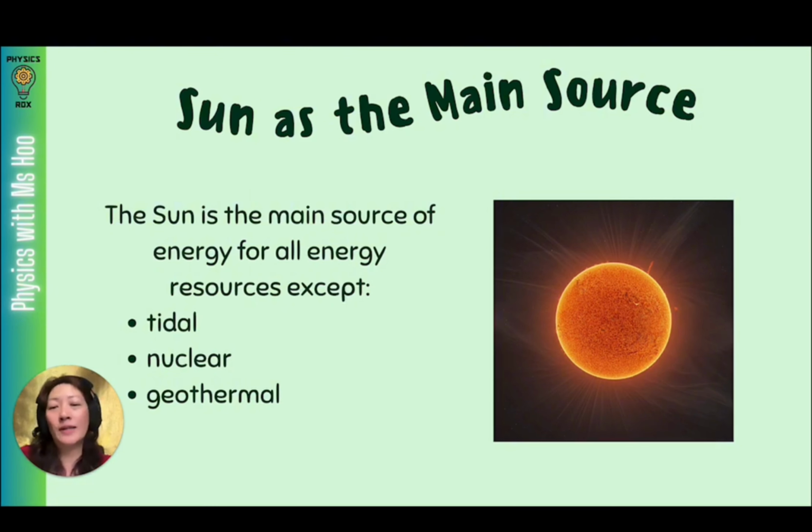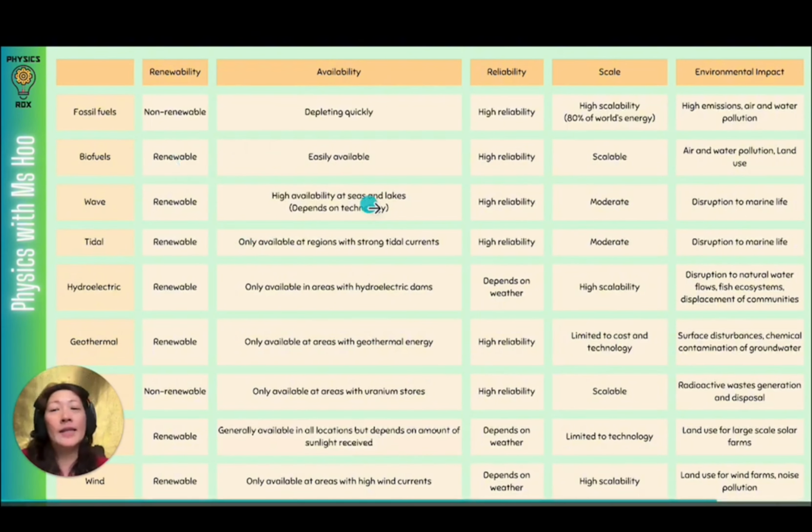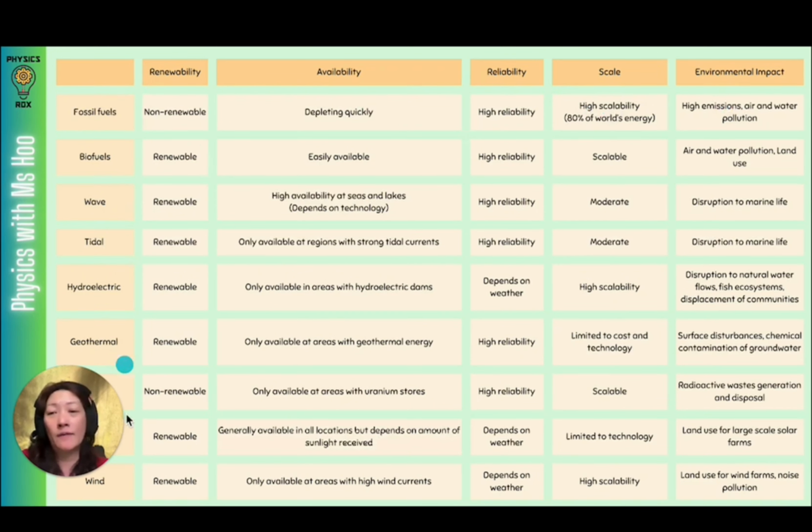So that's why we consider the sun to be the main source of energy for all the energy resources except these three. Now let's just have a quick overview about all these different energy sources. So this is a table that compares the renewability, availability, reliability, scale, and environmental impact of all these different energy